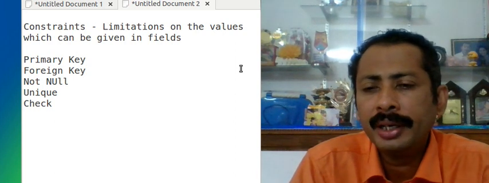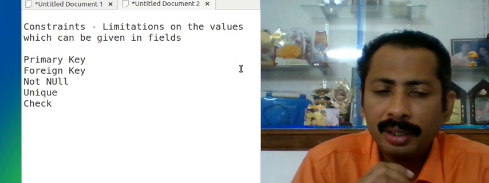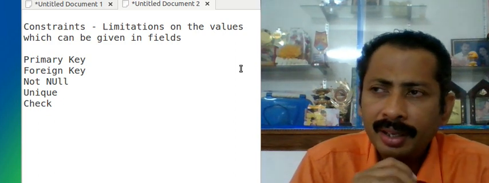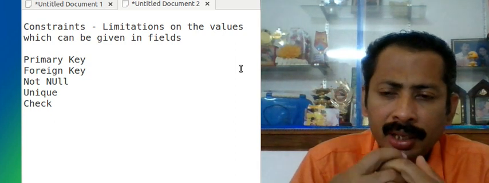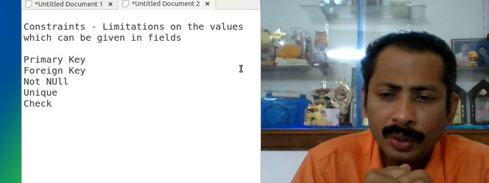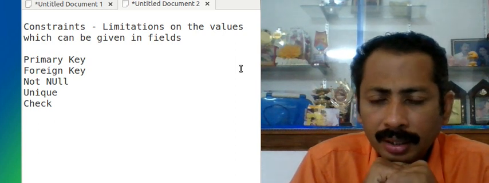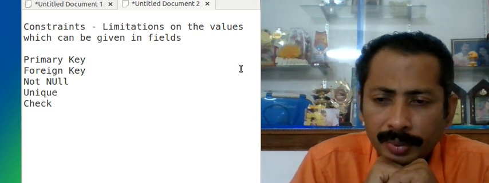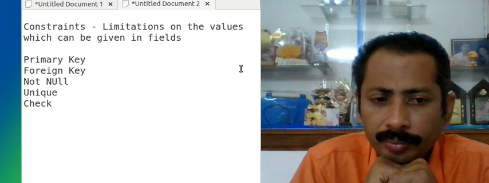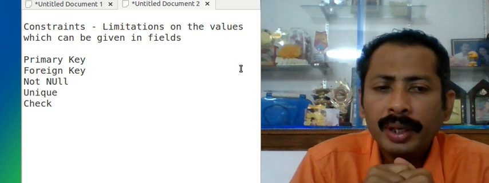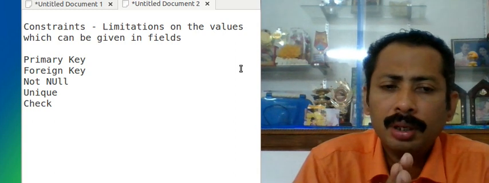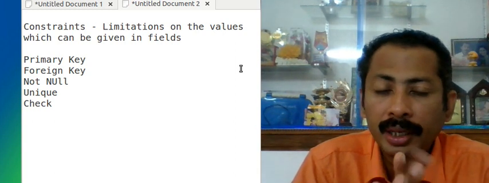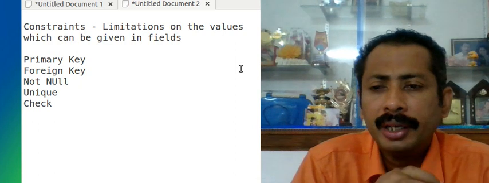We need data in that field, that is not null. So while creating a table, if we are insisting a field as not null, then the user cannot skip data insertion to that field. It does not support null data. We need data in that.